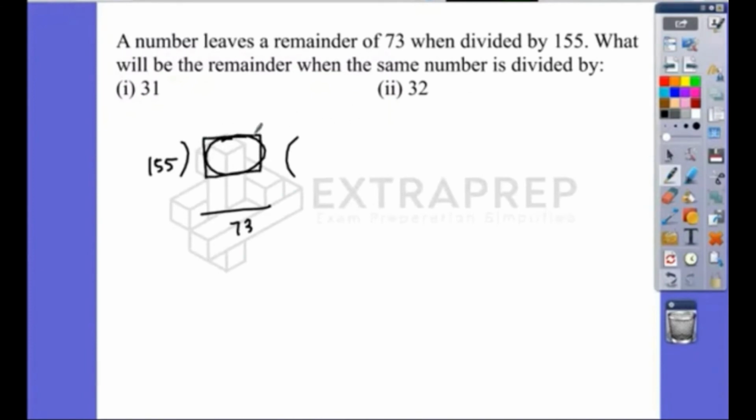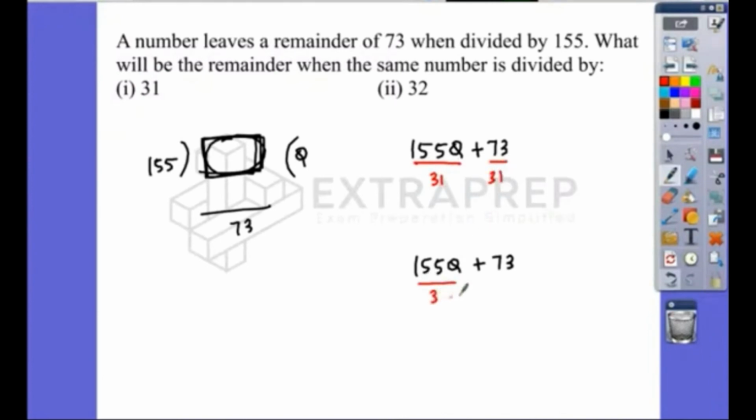So this number is important to us because we'll have to divide this number by 31 and 32. Because the number is important, I'll assume the quotient to be Q. Now what is the number? The number is 155Q plus 73 according to our formula: divisor into quotient plus remainder. Now this number should be divided by 31